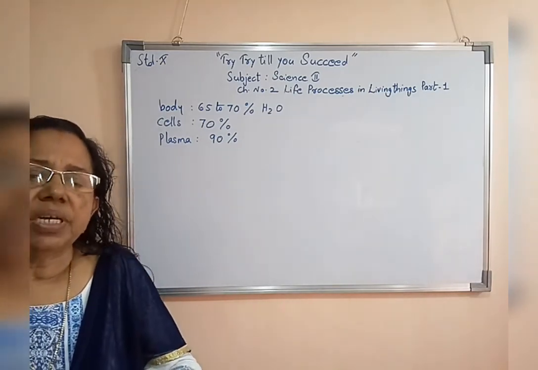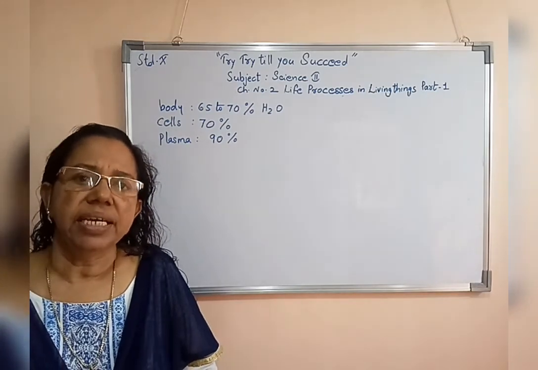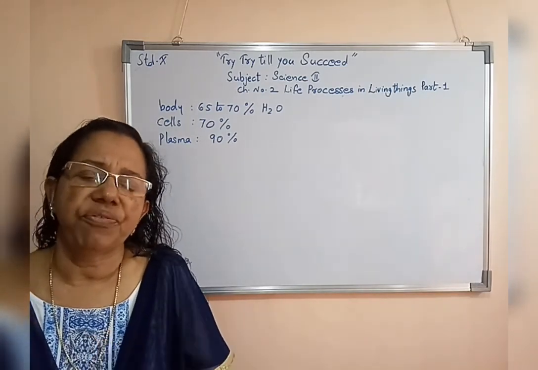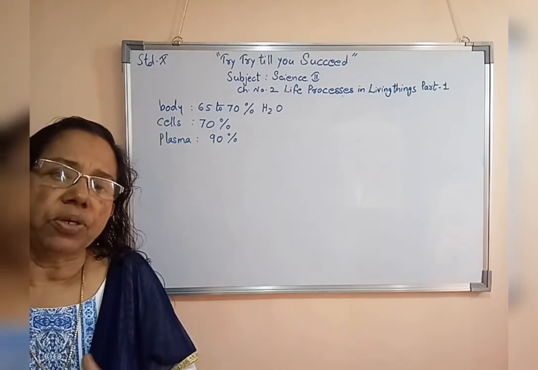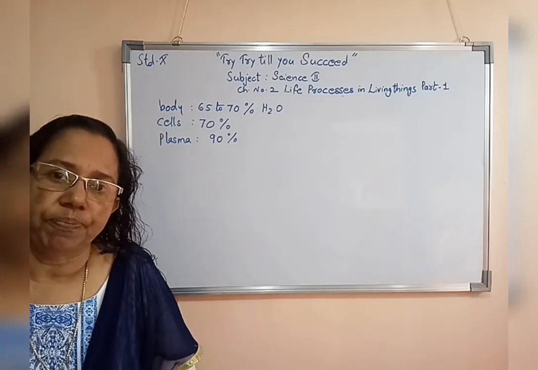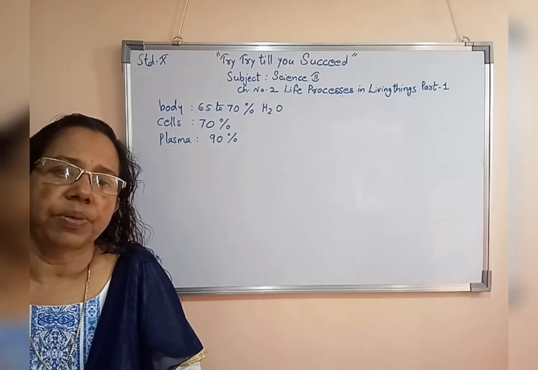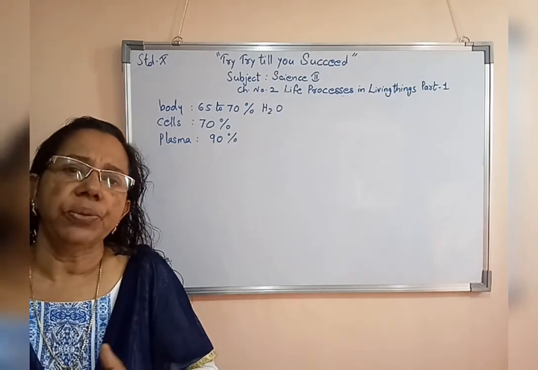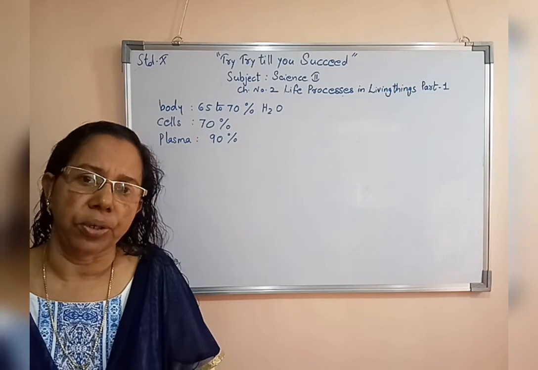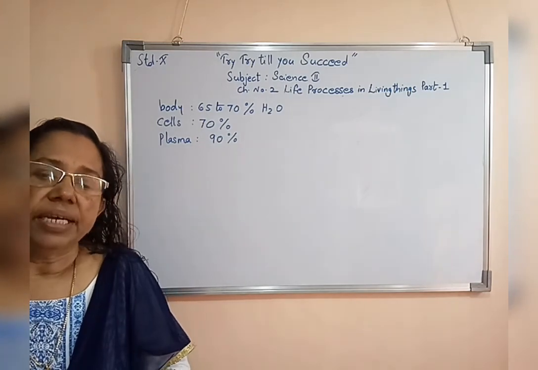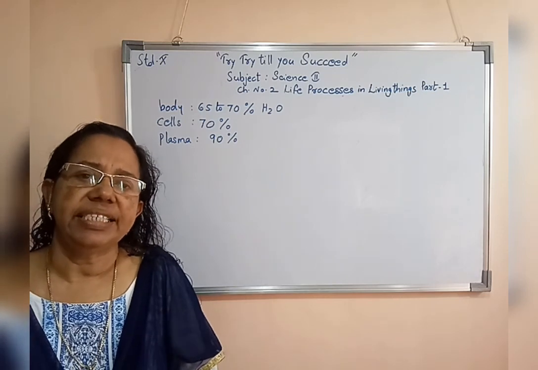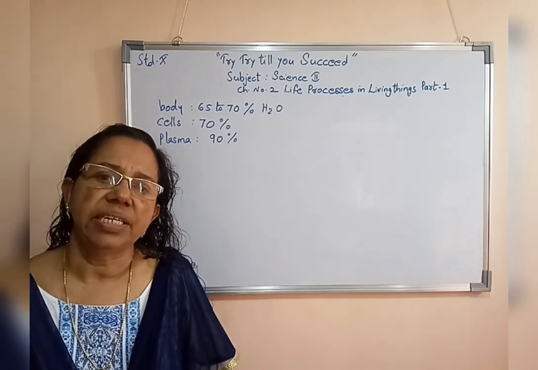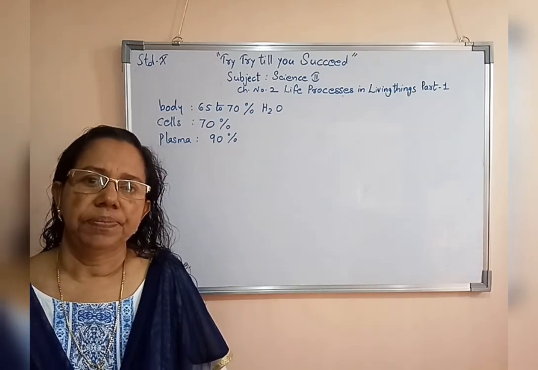When we consume different types of nutrients, we also consume different types of fibers. Fibers cannot be digested in our body, even though they help in the digestion of other nutrients which are present in the body. Along with that, they help in the removal of undigested food materials from our body. Thank you.